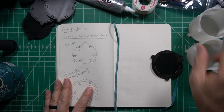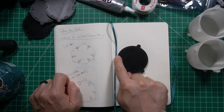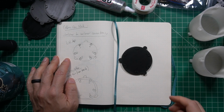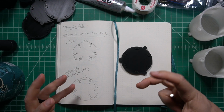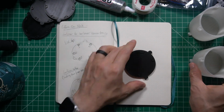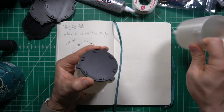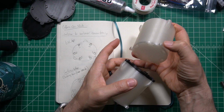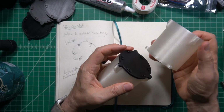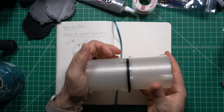Now let's talk about the small magnets that go on the top of the compartment lids and on the bottom of the compartments. Those are what allow the compartments to attach to each other. And they are offset on purpose to make sure that the only way that these two items can join is when the nubs are offset. So in other words, it should meet up like this